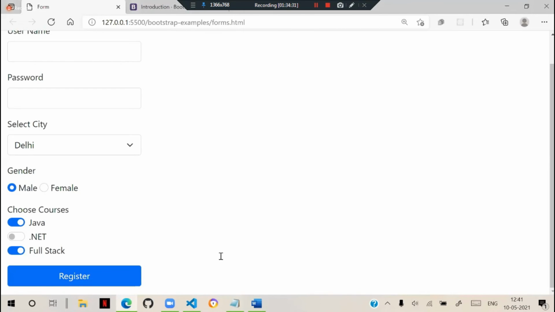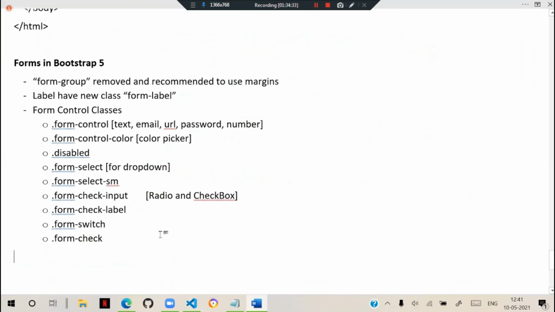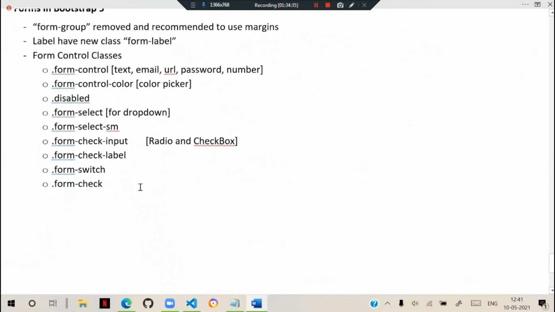Okay, this is one. All together, I will give another option. This switch is new, and we can say this is for toggle switch. So we use the toggle switch, and for range also, they have introduced a new option, form range.